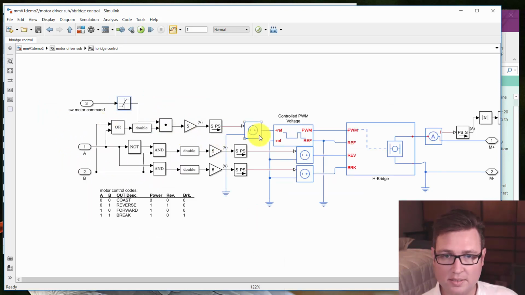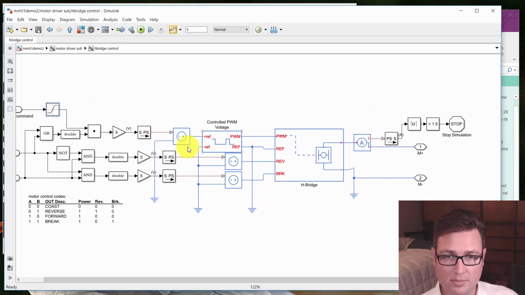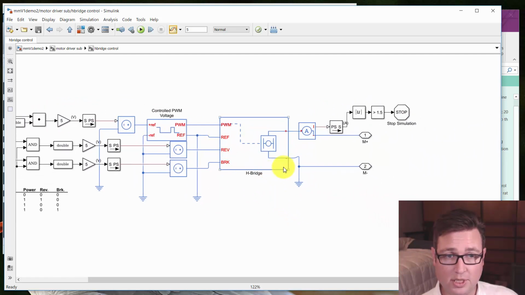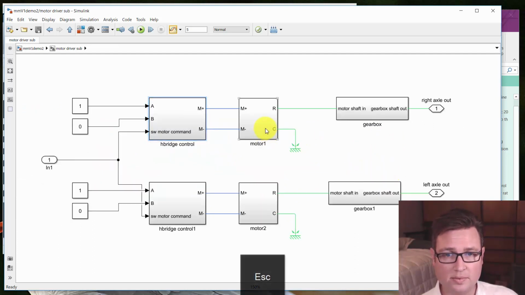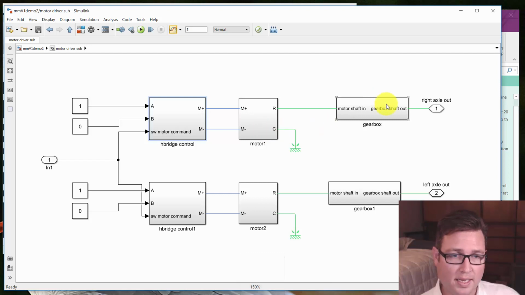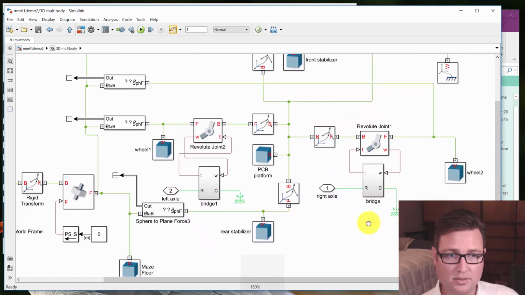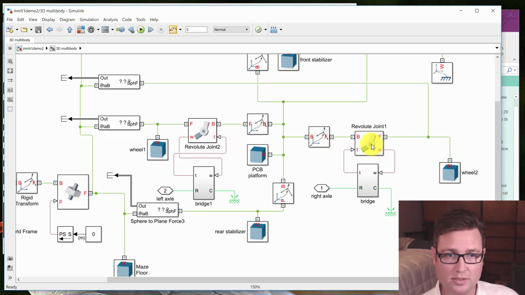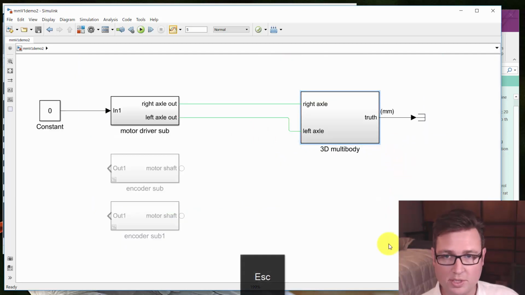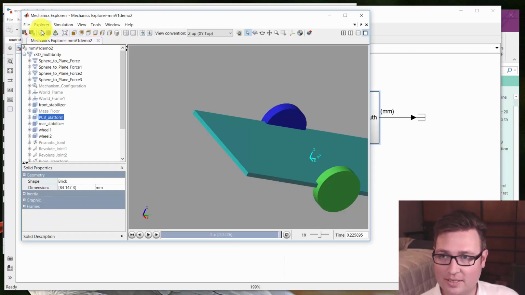So it should command a 0 to the PWM, which should communicate a 0 to the H-bridge, which should give us 0 volts at M plus and 0 at M minus, which should drive the motor not at all, which should go through the gearbox to give us some more torque and go into the left axle and the right axle through these bridges into these joints, which should help us not do anything. It should hold still. So let's try this. So if I hit start,